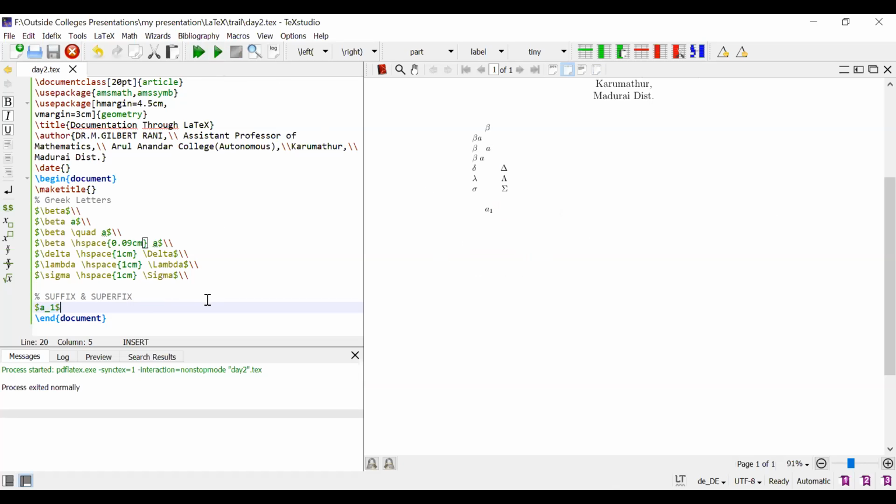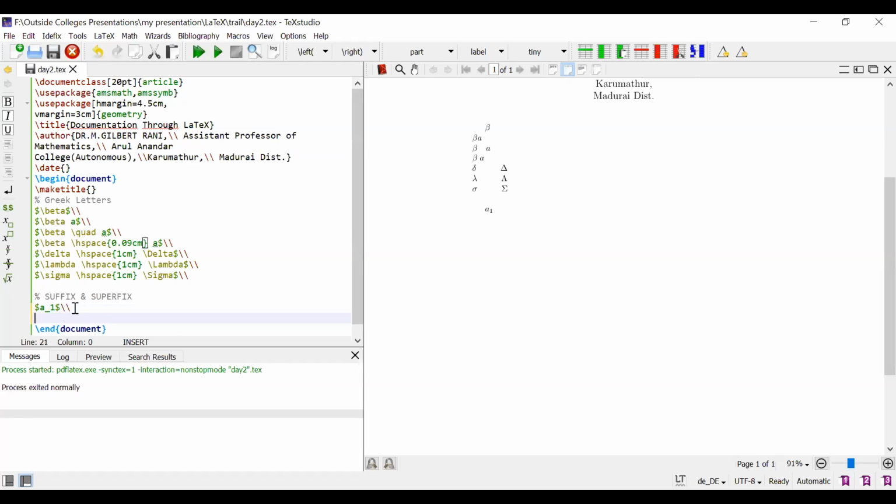Suppose I want to add suffixes of more than one number. How will I perform it? Just type dollar symbol. The main element is A. The portion of this element which is indicated by X and Y axis or two columns, anything, 1, 2. Don't forget to fix this dollar symbol at the end of each and every mathematical symbol. See that A1 and A1, 2.